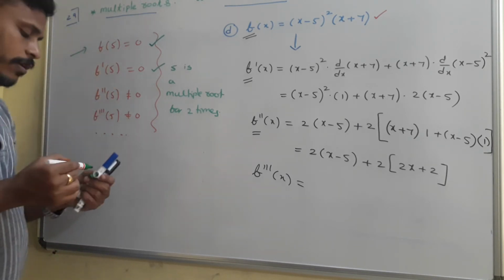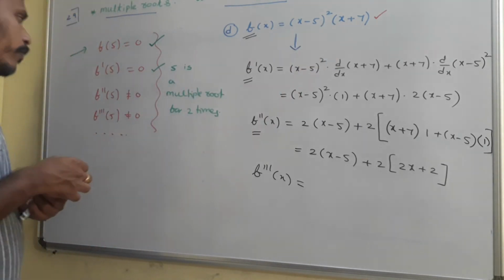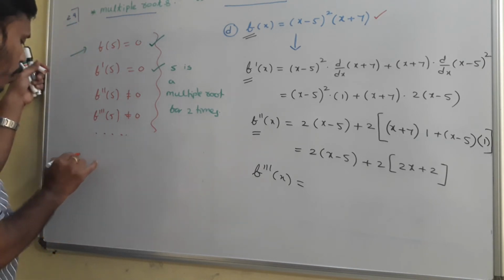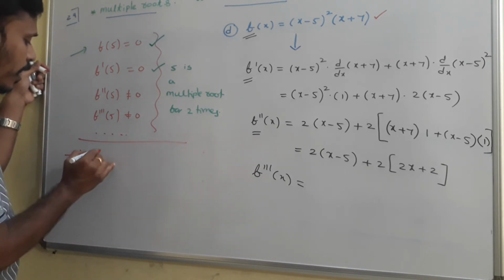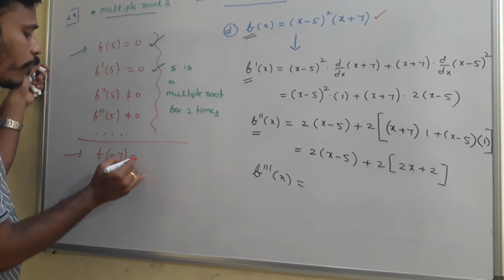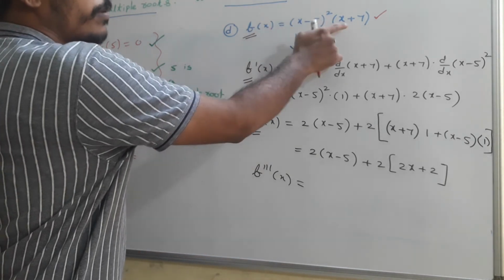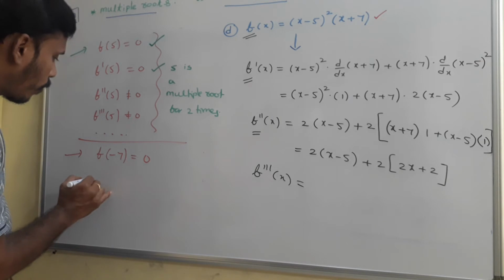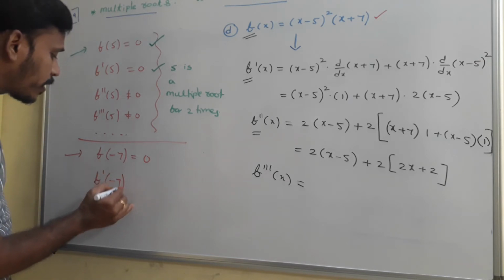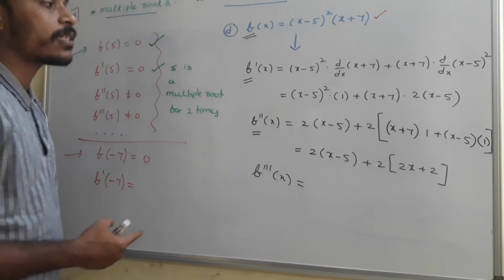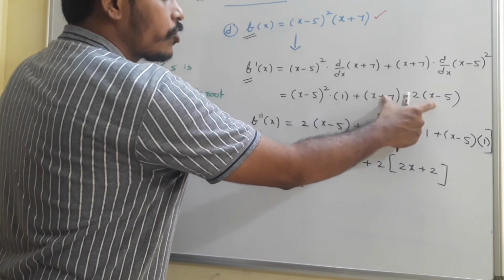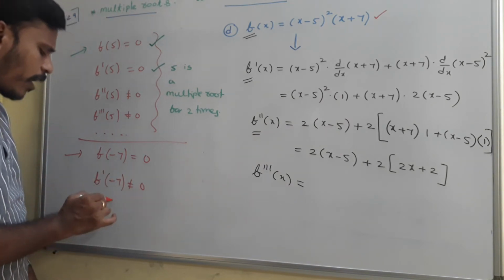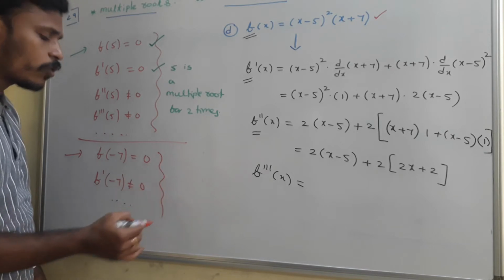This is about f of 5. Here (x plus 7) is also involved. When you think about the polynomial value and its derivatives at x equal to minus 7, what will happen? Have a look. f of minus 7: replacing x with minus 7, this term will become 0, 0 into something is 0. f of minus 7 is 0. What to say about f dash of minus 7? When you replace x with minus 7, minus 7 plus 7 is 0, but what about this? It is not 0, right? So f dash of minus 7 is not 0. Like that, if you continue, all the next derivatives are not zeros.